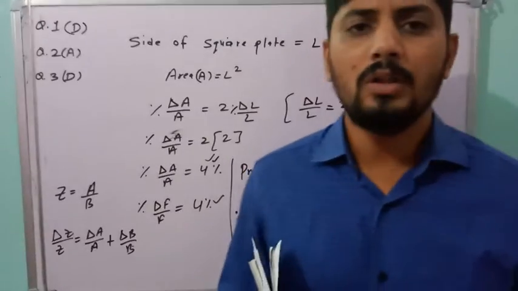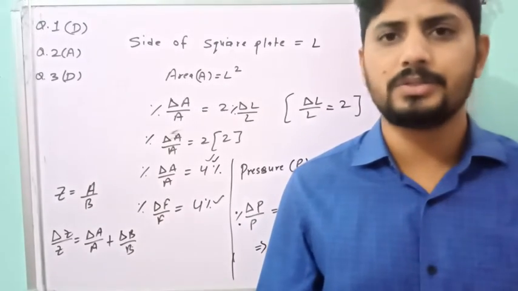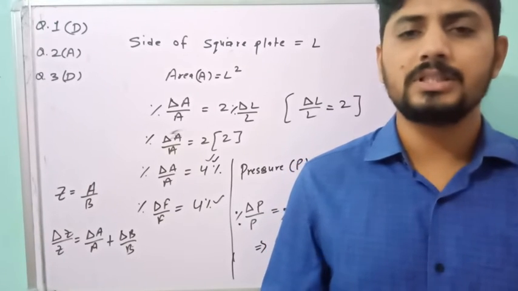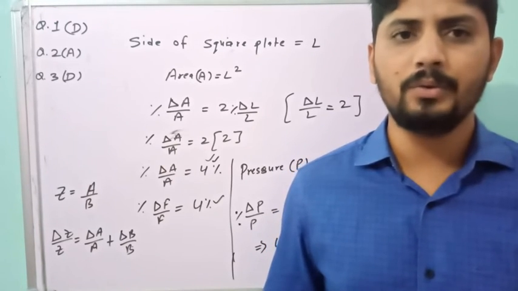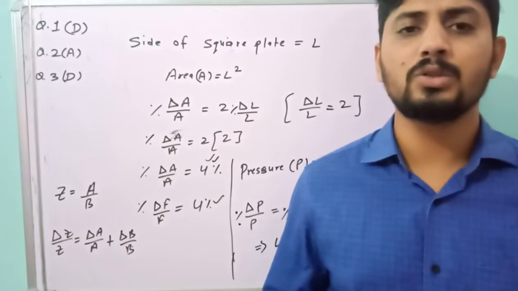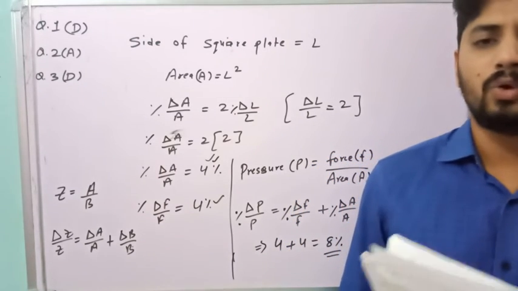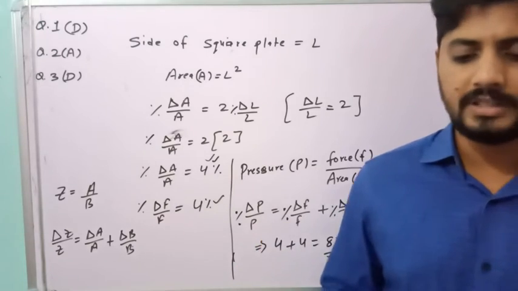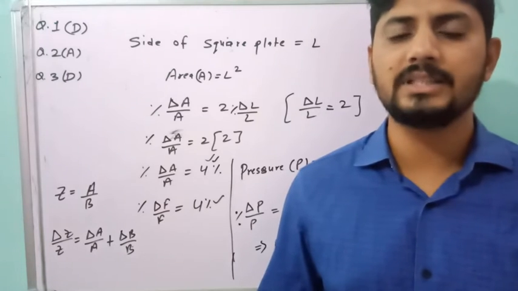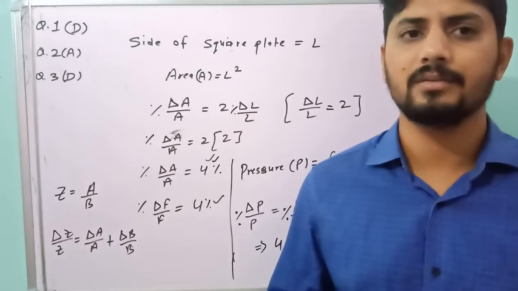Okay. So all the students, what they need to do, they have to write down the solution of each and every question in their notebook. Because these questions are very important for you in the future. Maybe the same kind of problem will be asked to you. So you should not repeat the same mistake again. For that, you have to just solve this paper again, and all these solutions you have to write down in your notebook, so that when you are solving the same paper again, you should not face any kind of difficulty.